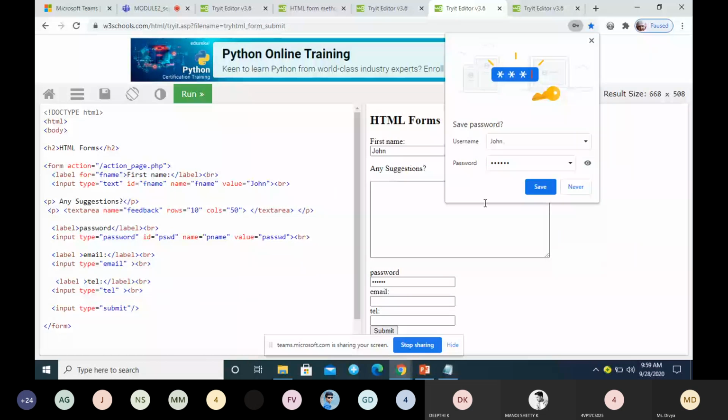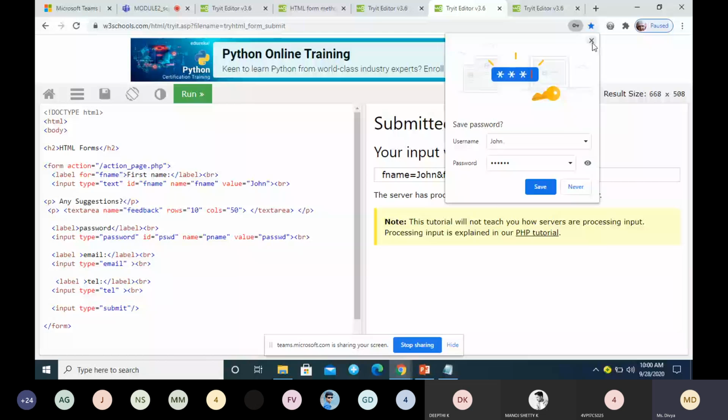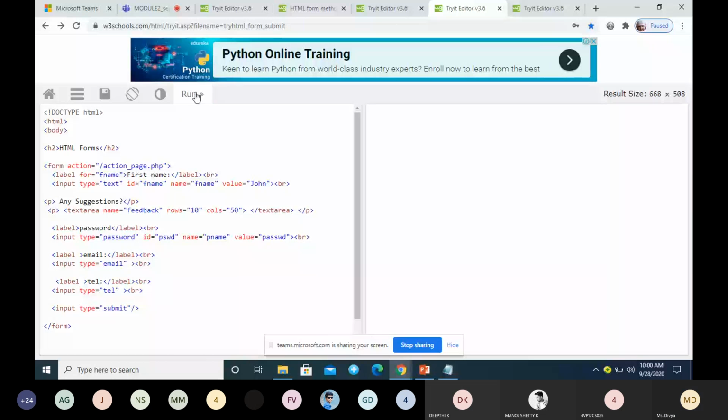Here also some browsers will perform the validation. Tel is a single line entry box for entering the telephone number. Suppose you are using some special characters, it will show some message in some browsers. So that is about entering the telephone number.